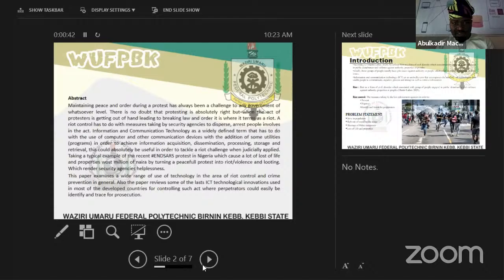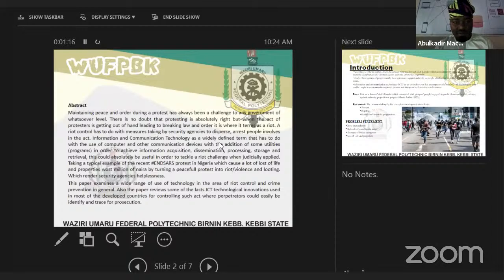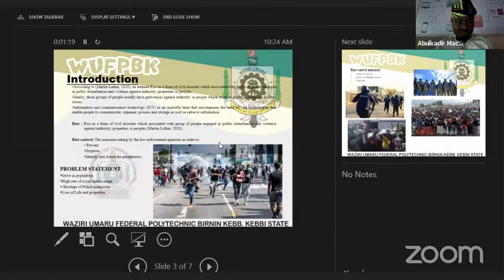If we look at the definition of a riot, we can realize that it is a peaceful demonstration which leads to violation of law and order. So the research looked at how developed countries and other developing countries apply information and communication technology to achieve monitoring or regulating the crime. In the introduction, we were able to define the riot, which obviously means the